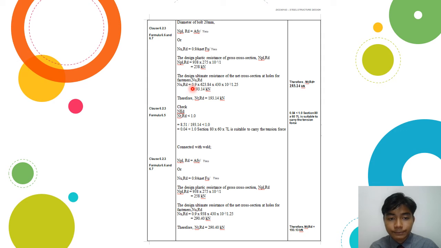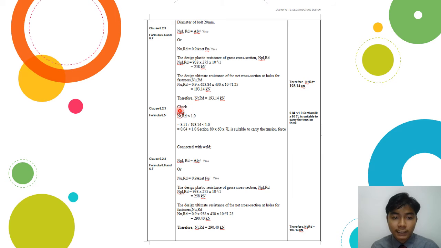from this we got 0.9 times 623.85 times 430 times 10 to the power of negative 3 over 1.25. So we got 193.14 kilonewton. So the NtRd equals to 193.14 kilonewton. So we check